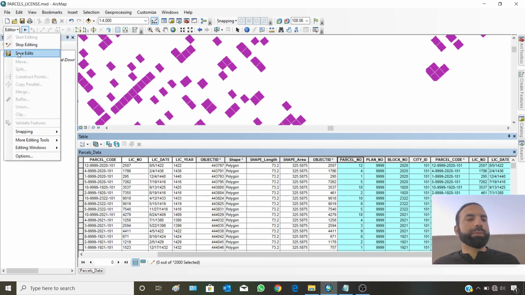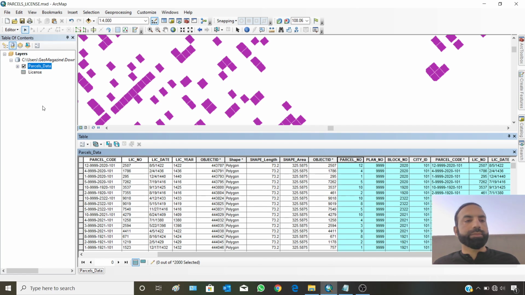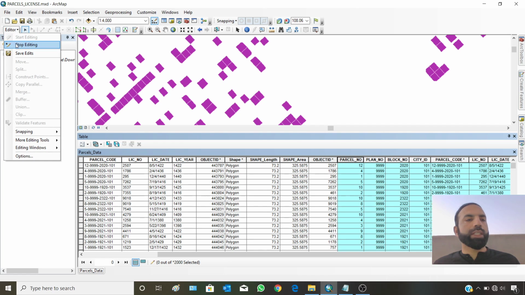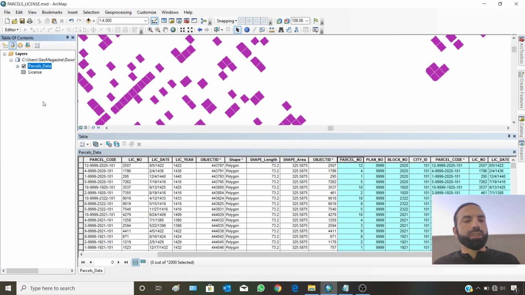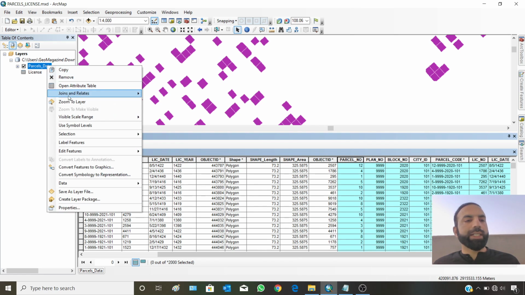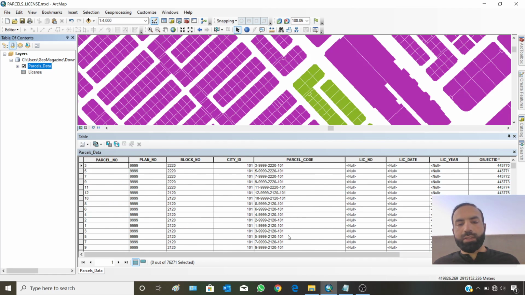So now you have to save edits, and now you can stop editing. So now you can see that once we remove this join, all these license field tables will be removed automatically. Right click, join, and remove all joins. Now you can see that all the parcels came back,